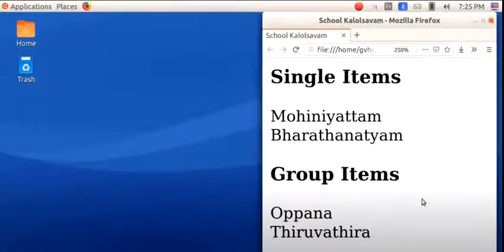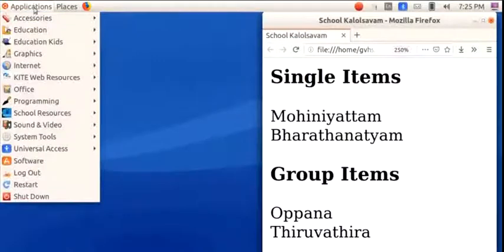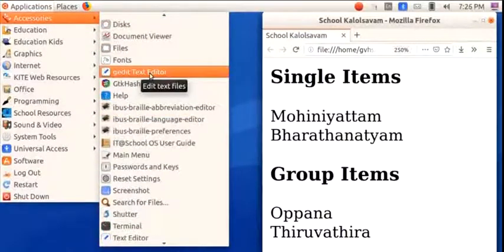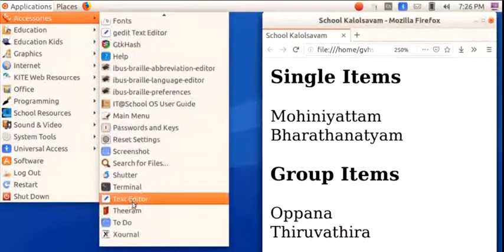For that, first open the text editor software. Click Applications, then Accessories, then select Text Editor.